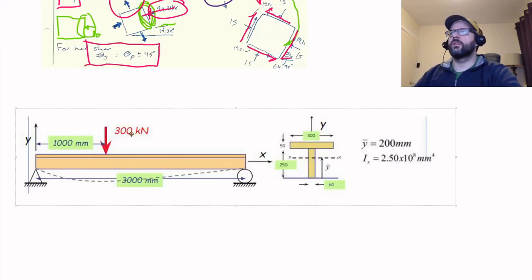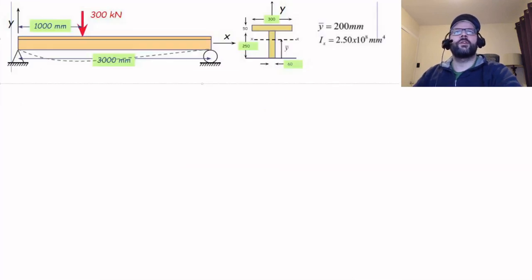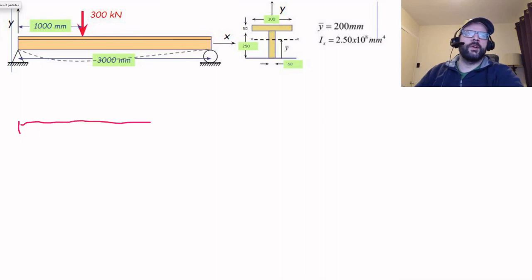But if we have this thing here, actually here I'm gonna shrink that down a bit more. Okay,